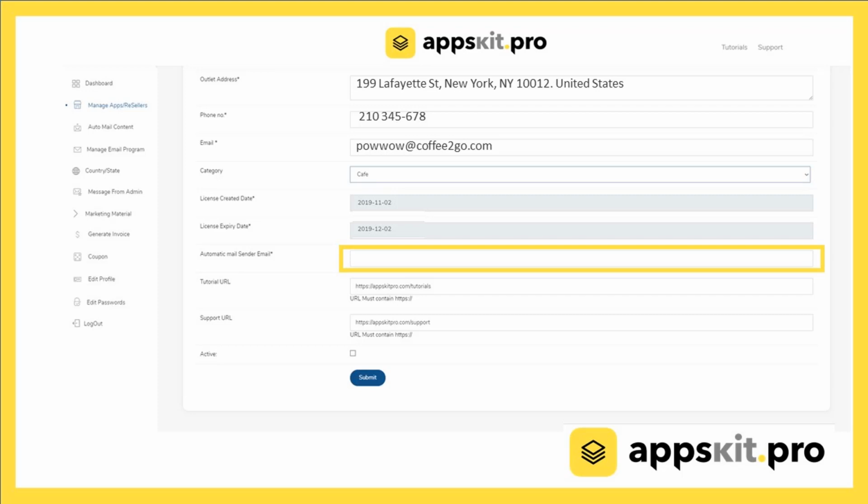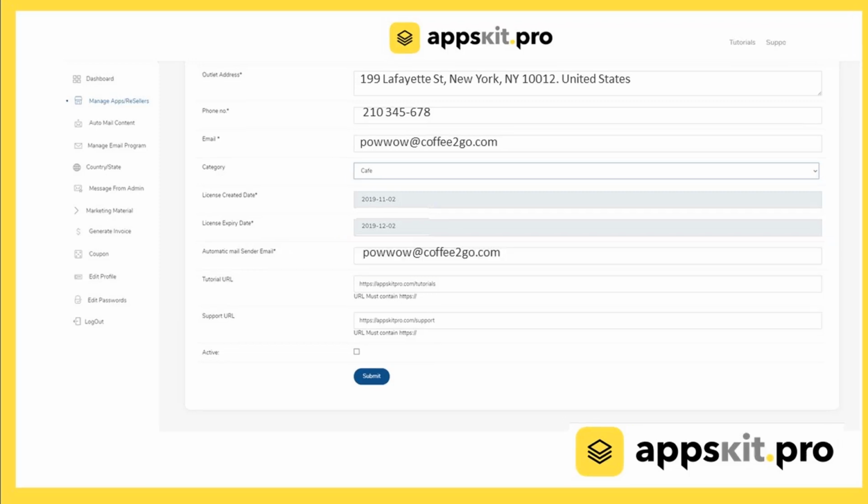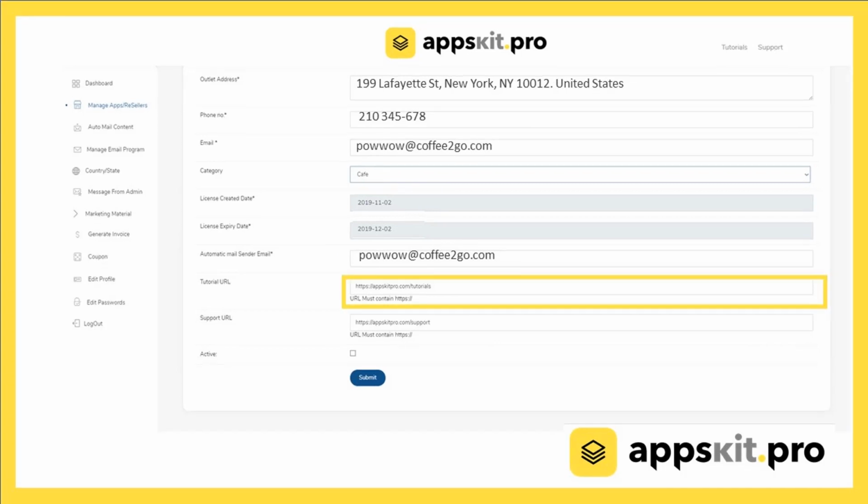We're then going to put in the email from address. So this is when the app sends out an email, where's it coming from? In this case I'm going to do the same as the app owner's email address. We then need to put a tutorial URL in. So